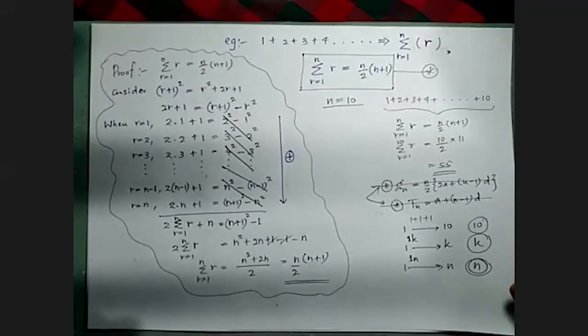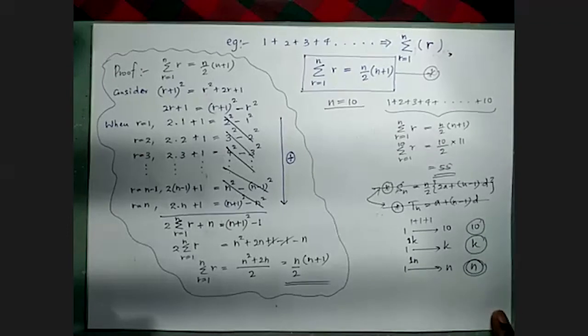In the calculator, there's a key for that theorem. The theorem says sigma r equals 1 to n of r. The sigma notation is there in the calculator. Do you know how to use that? Some problems are given in the exercise also. Some exercises you can use the calculator for, and some you can't.